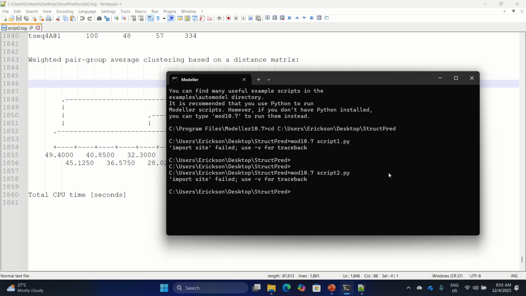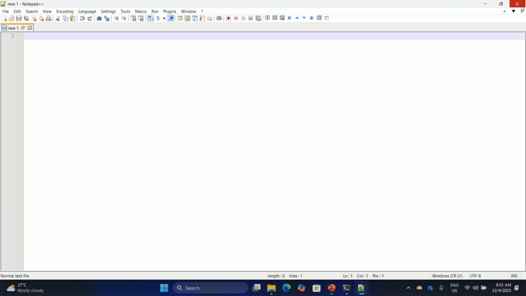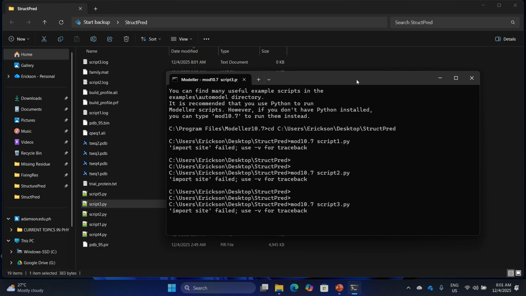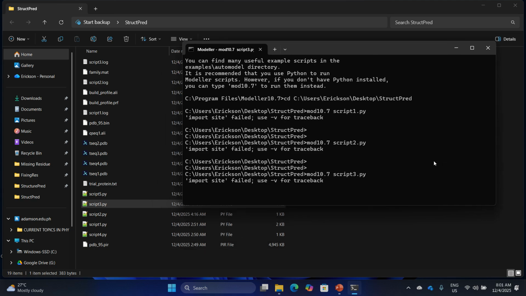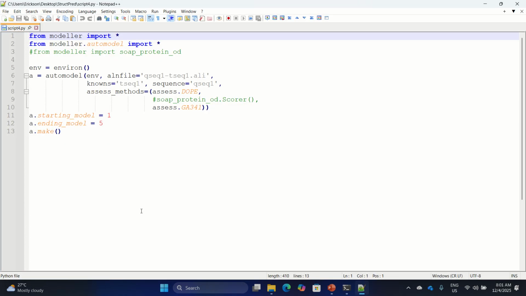I'm going to run script 3. And while running script 3, let's inspect script 4. Ano meron sa script 4? Luckily, tseg1 din ang nandito.